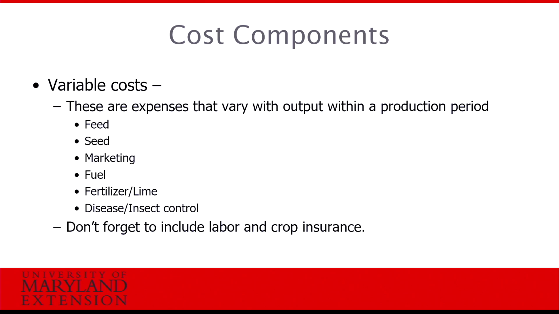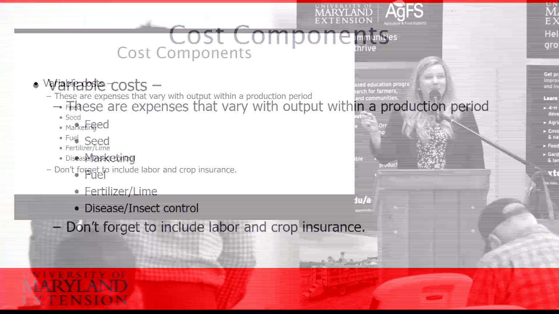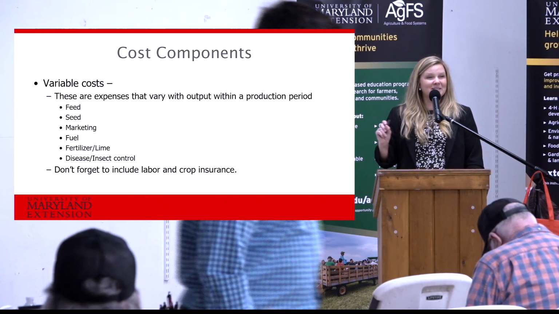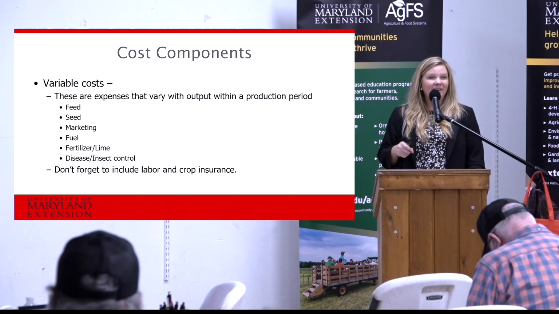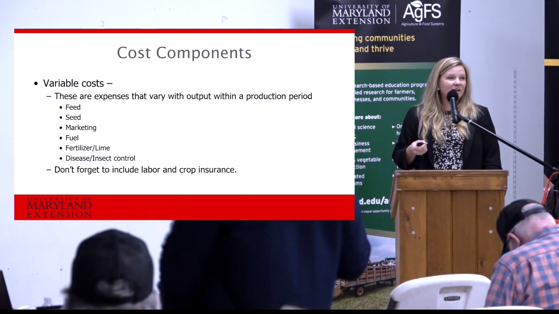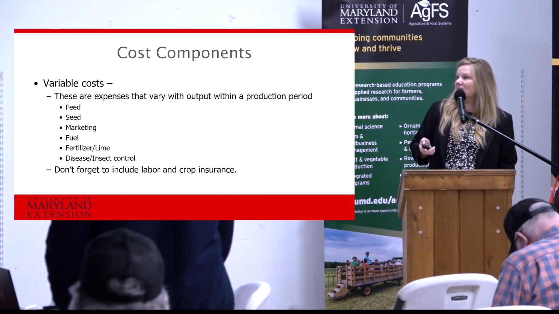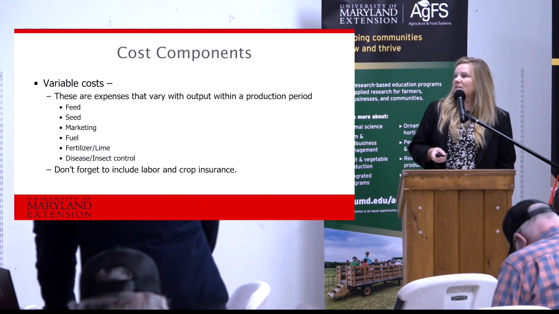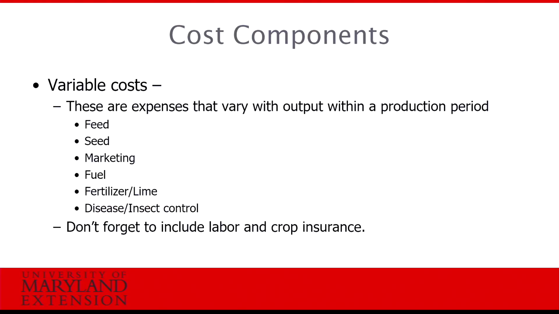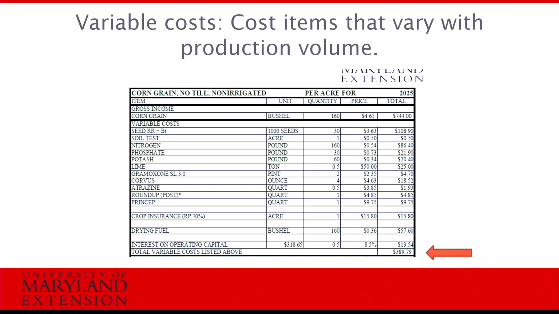Jenny and I generally reach out to maybe even some people in this room. You give us numbers, we average them. That's how we put together our variable costs for fertilizer and crop protection products. Also, don't forget to include labor and crop insurance. We do have crop insurance rates in there as well. And this is just an example. I'll be using the corn grain no-till non-irrigated budget as an example of what the variable cost per acre